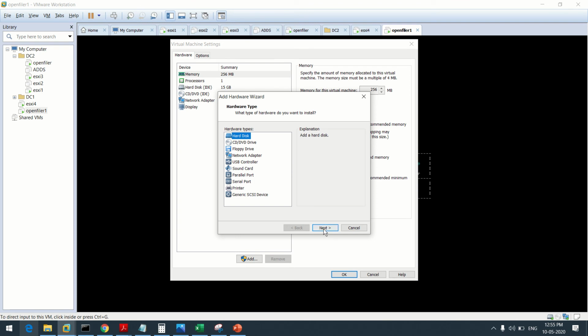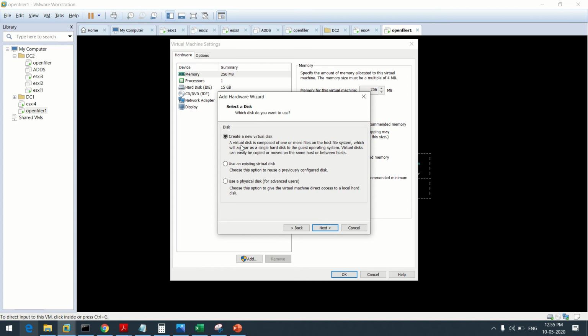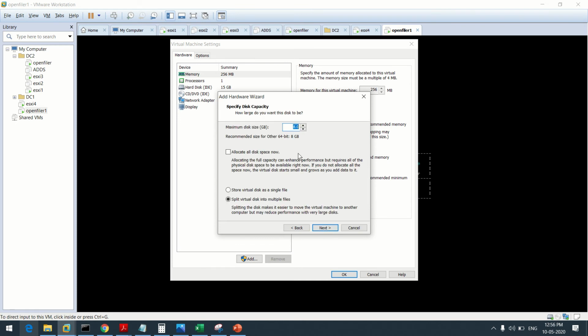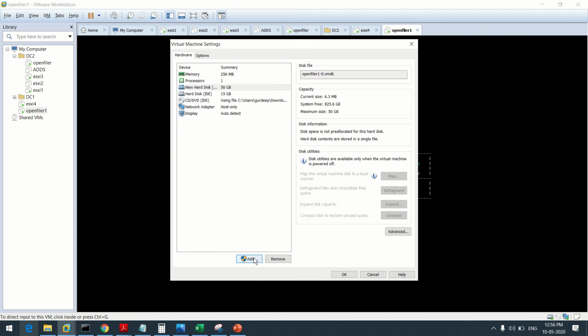Choose hard disk. Next. What kind of hard disk? SCSI. Now next. Create a new virtual disk. Now next. I'm just going to give a 50 GB disk. Store virtual disk as a single file. Now next. Finish.